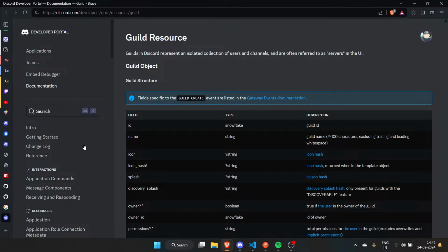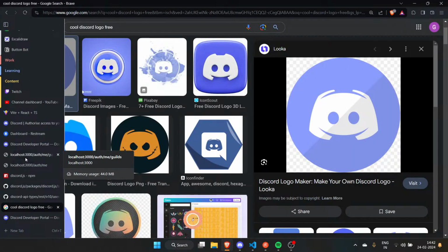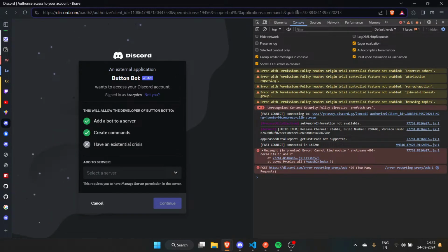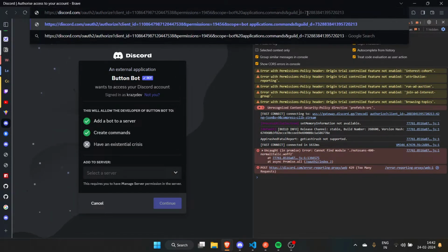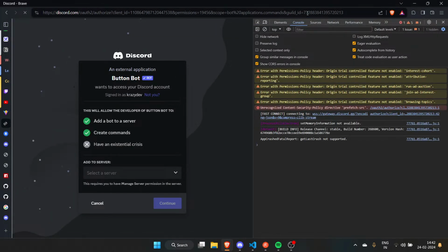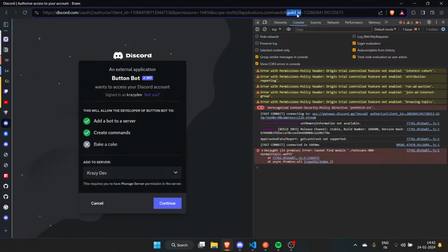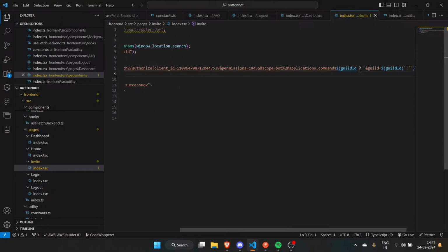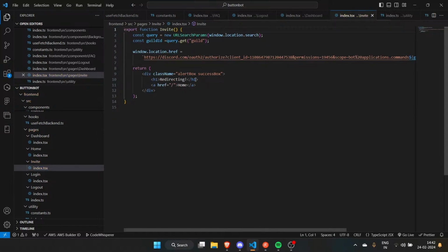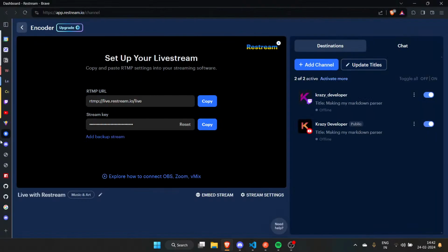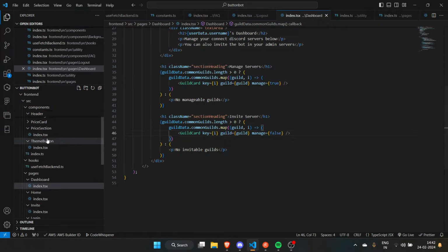Guild dash ID. That's it. Underscore ID. Will that work? And that works. Awesome. So I just replace this here. Don't need that. Invite works. Awesome. Now let's look at the home page.